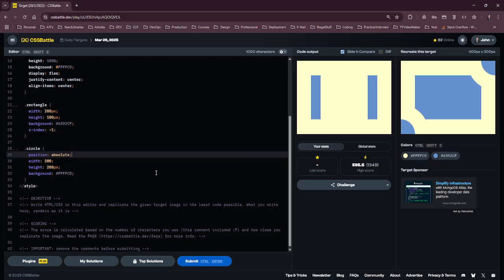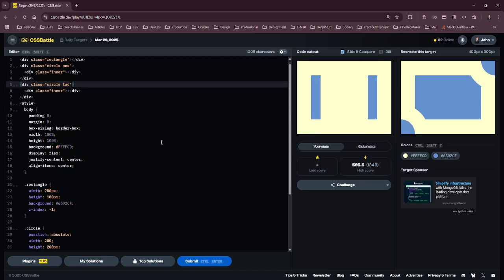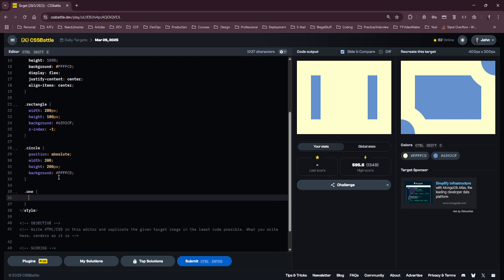So to fix that, I'm gonna give it an additional class of 1, and on this one, 2, because we're gonna give different CSS classes for them. Because one is gonna be on top right and the other one on bottom left, right? So let's target them. So the first one,